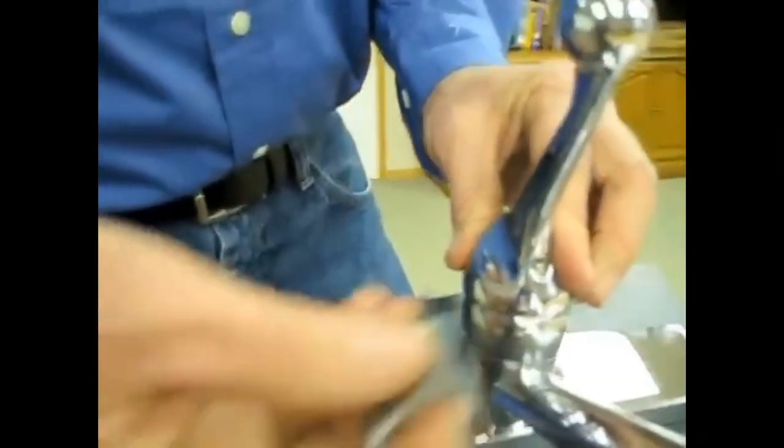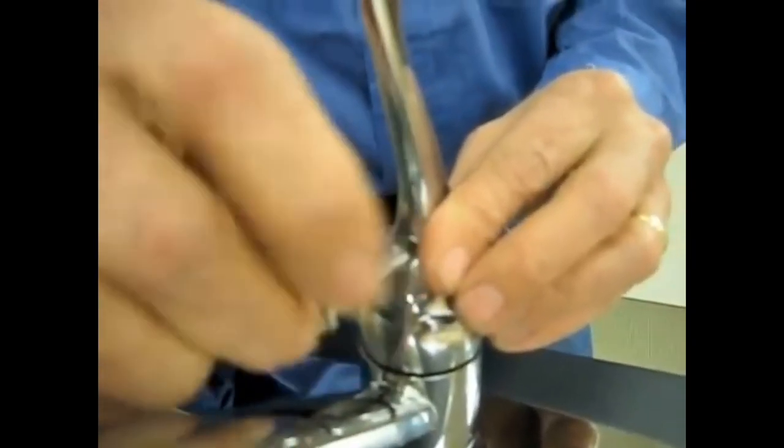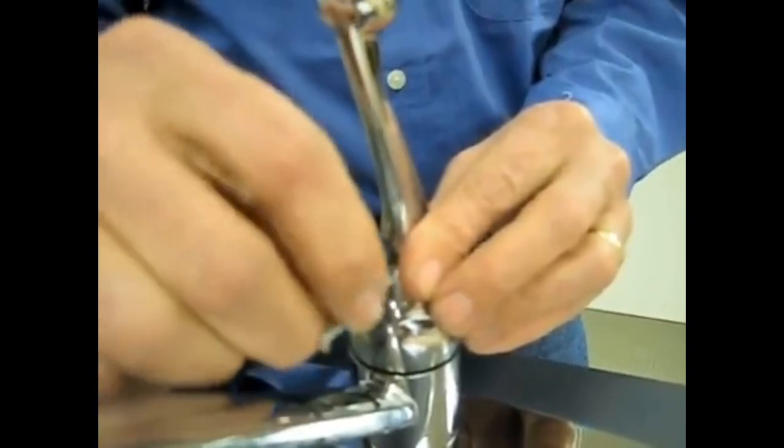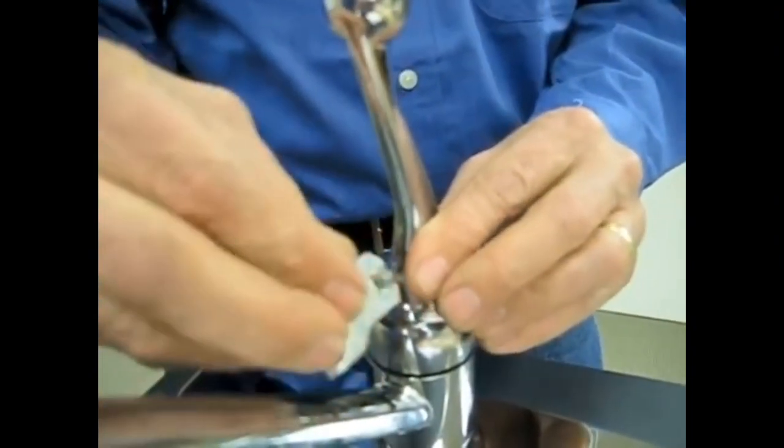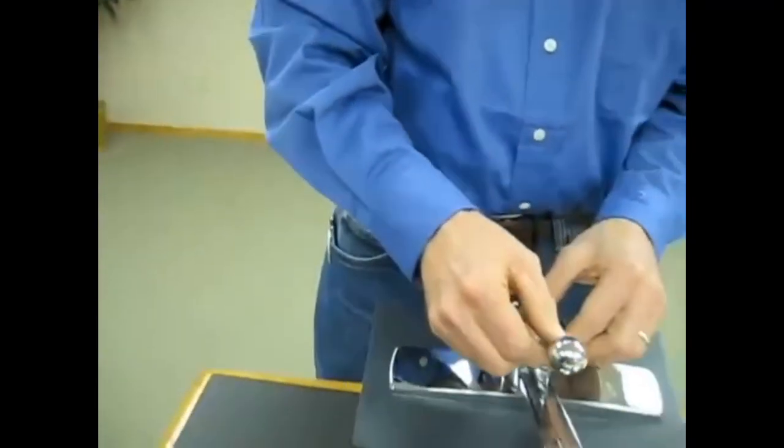Taking our 1/8 inch Delta Allen tool and tightening it to the stem of the Delta ball. That being tight, I'm going to turn the valve into the opposition